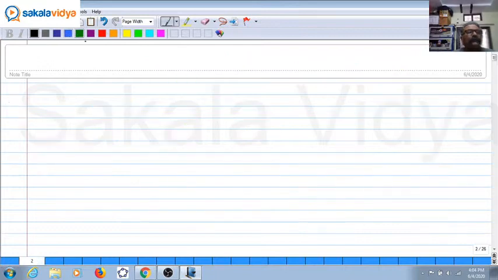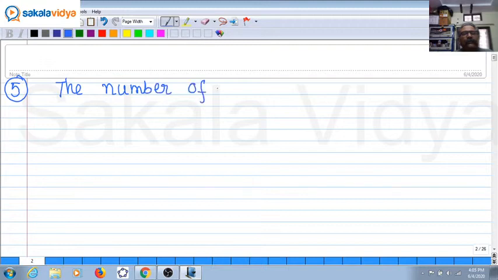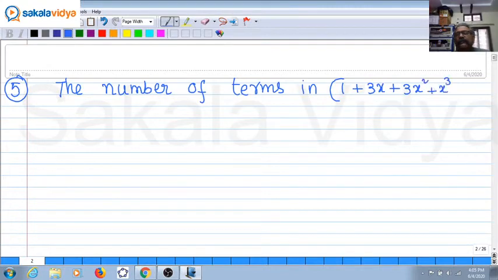Now the fifth question, right. The number of terms in (1 plus 3x plus 3x square plus x cube) raised to 6 is: